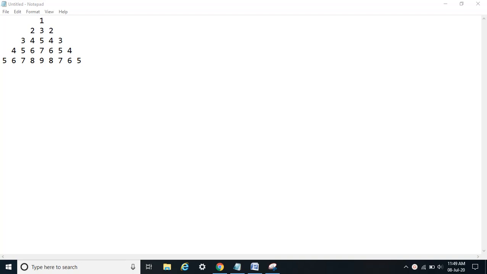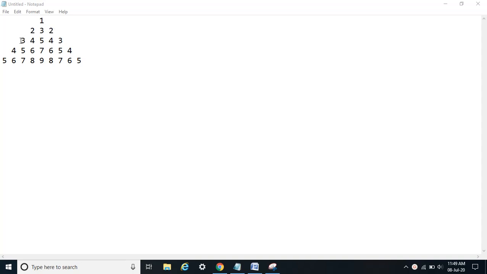So here is the pattern, and as always before jumping on to the code, we will see how to build logic for this. If we try to observe the basic pattern, for each row, forget this row, here we have only one number, the numbers start from something, then increase and then decrease.